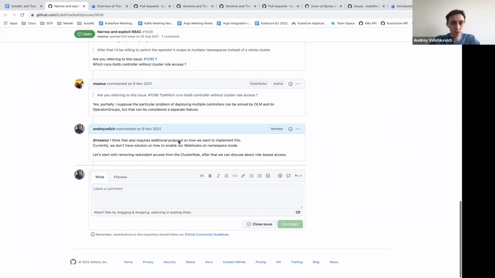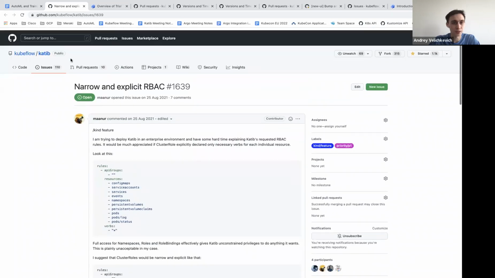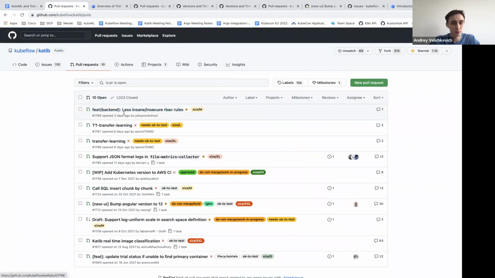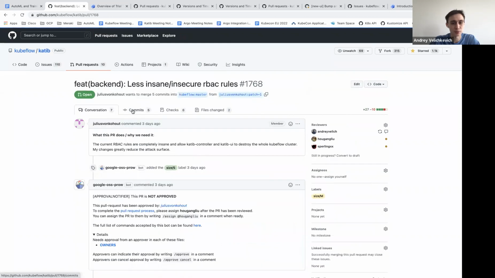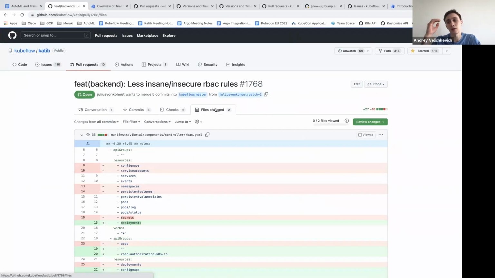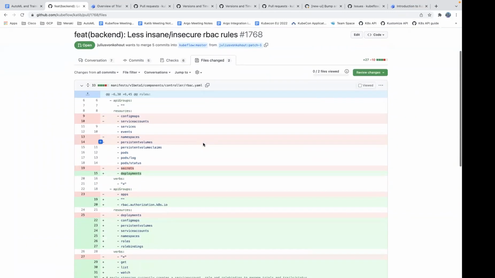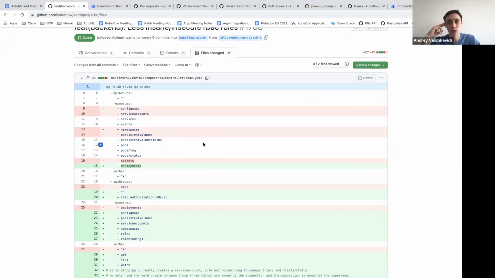Some community members created PRs for this. It requires additional research, because it's not straightforward which permissions the controller needs.